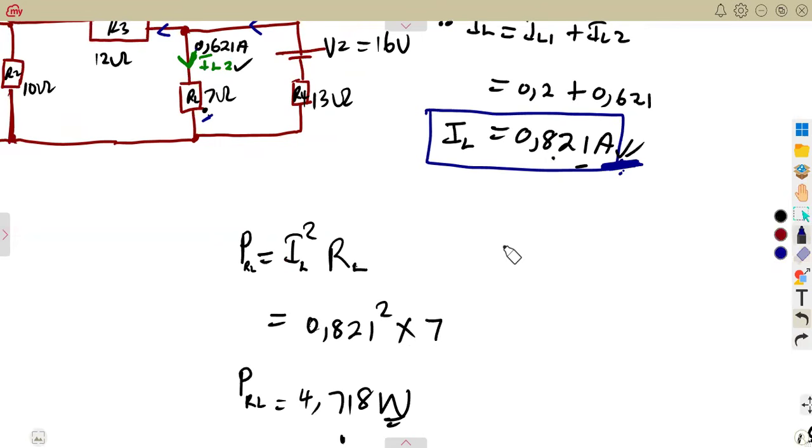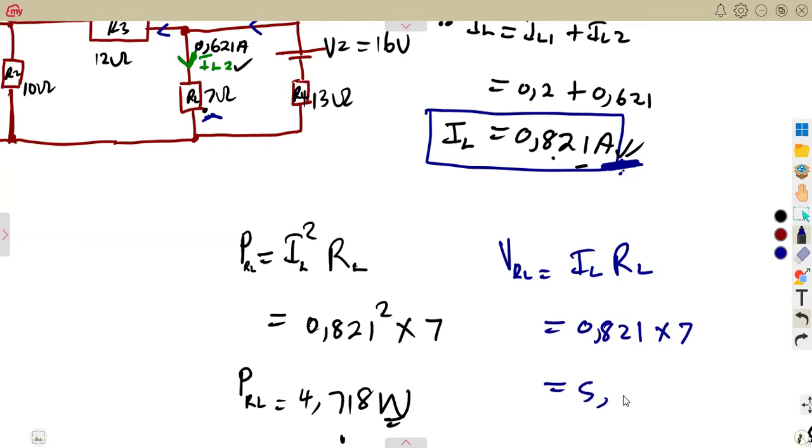It means the voltage across the load, we're simply going to use the current across the load times the RL. Or you can work from the power and divide, but guys, we have got something that is already there. Current is already there, 0,821. The value of the load resistor is 7. That is not going to change. So that was going to give us